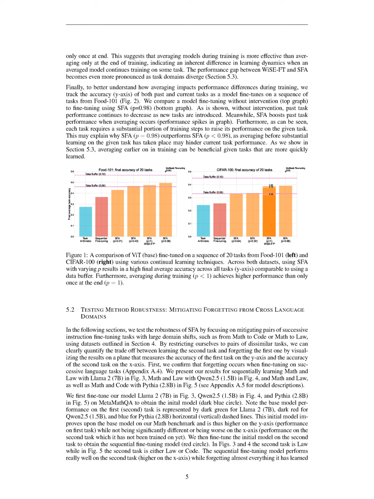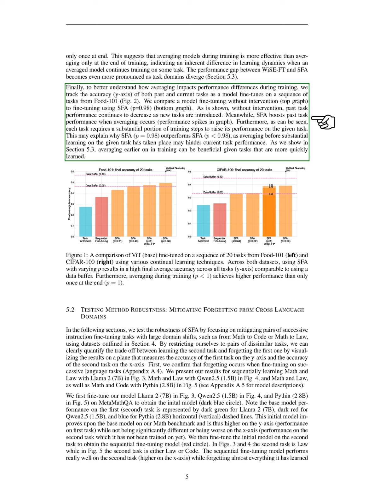Section Summary. In this section, we introduce sequential fine-tuning averaging, SFA, a method that combines a pre-trained model with averaged parameters from previous tasks to reduce forgetting during continual learning. We demonstrate that SFA effectively preserves performance across tasks by periodically merging model parameters, outperforming traditional methods like rehearsal and task arithmetic in various image and language classification tasks.